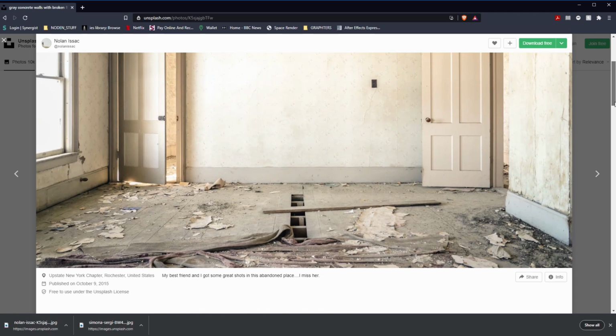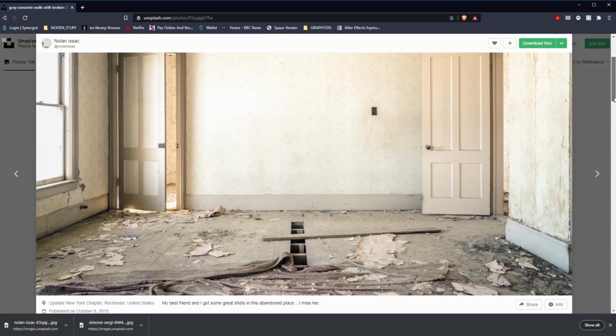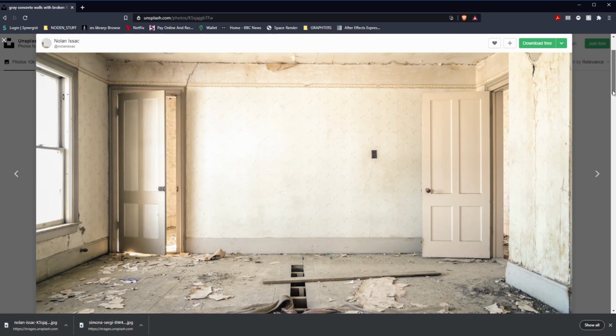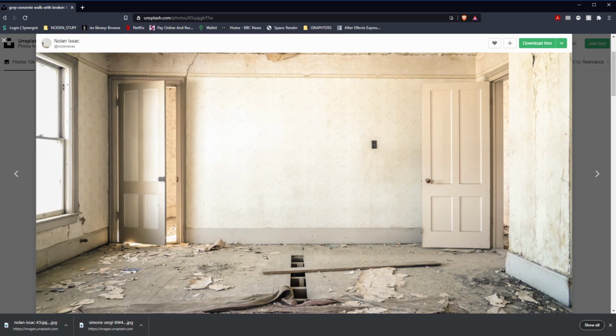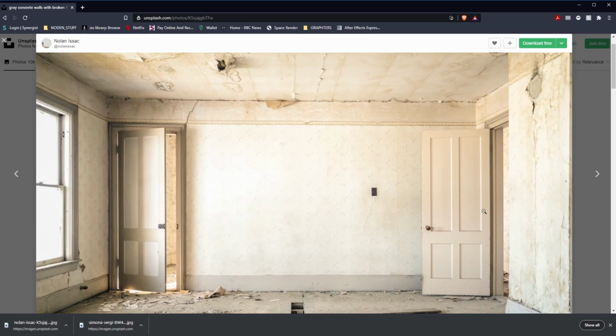What we have here is a really lovely, slightly mucky room in upstate New York, Rochester, the United States. So it's an abandoned building, basically, but it's got some really lovely walls and paper and muck and all that sort of stuff. And it's just really quite beautiful. But I'd really love to be able to move around it, but I can't because it's a picture. But maybe I can. Oh, yes, we can, because what we can use is a wonderful piece of software called